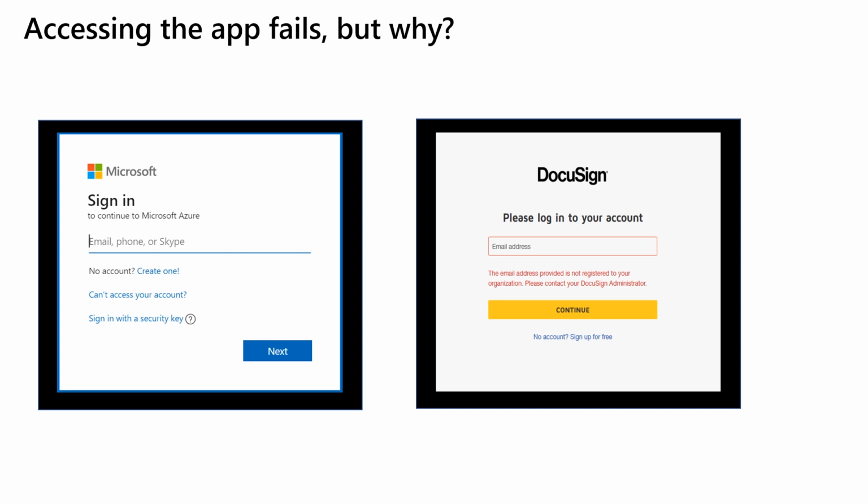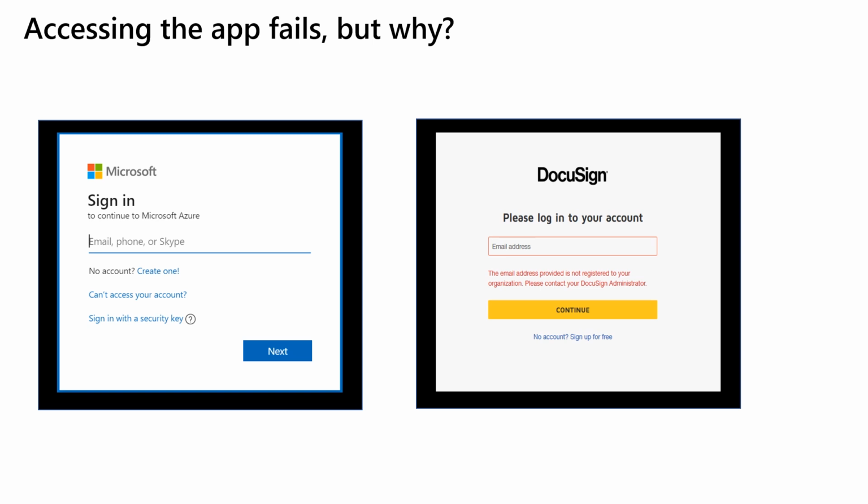When you enable single sign-on, you will realize that you can easily make a connection from Azure Active Directory, and users have to authenticate at Azure Active Directory. So in this picture, on the left-hand side, you can see the login page for a user in Azure Active Directory. When the user types in his credentials, he can directly log in to an application like DocuSign.